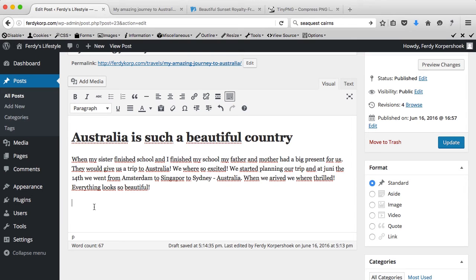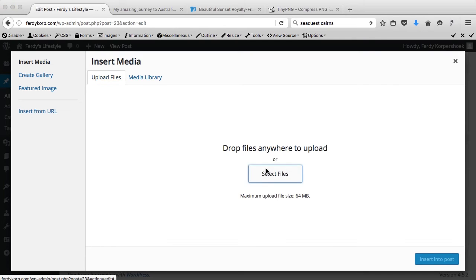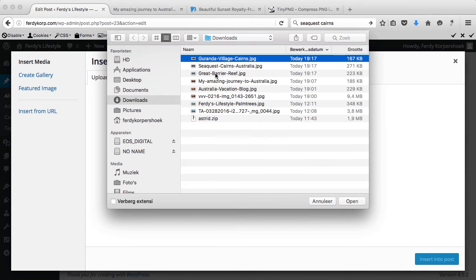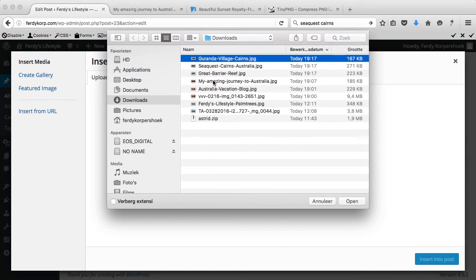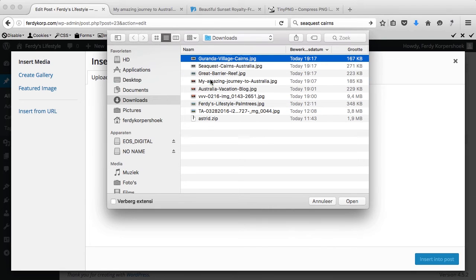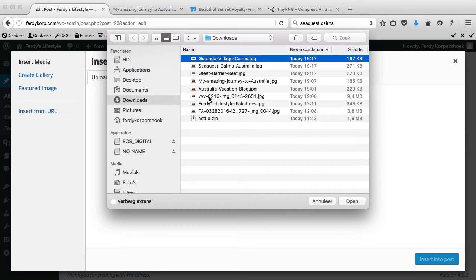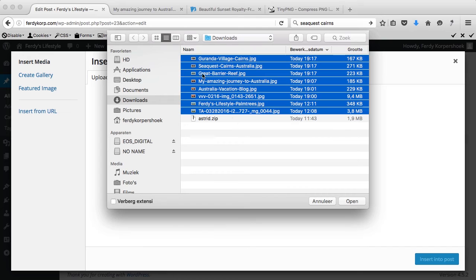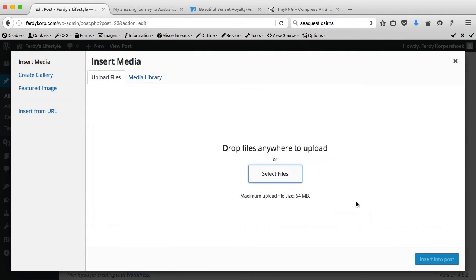So I can add media in a few different ways. I can click here, add media, upload files and select files. I can even select 3 files at the same time, selecting the first one, holding Command, and you can select more files, or hold Shift and it will select all the files between the 2 files you have selected. So if I select the upper one and the lower one, you'll select everything. I'll select only those 3, open them,